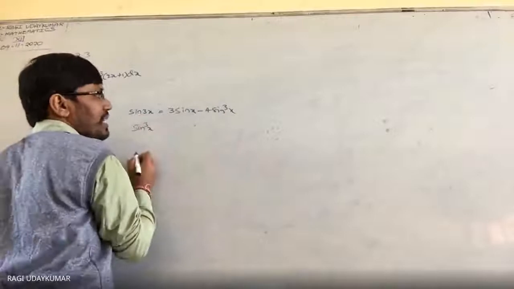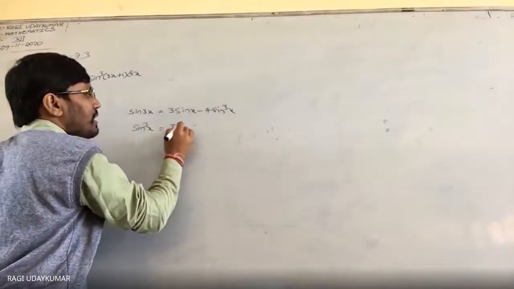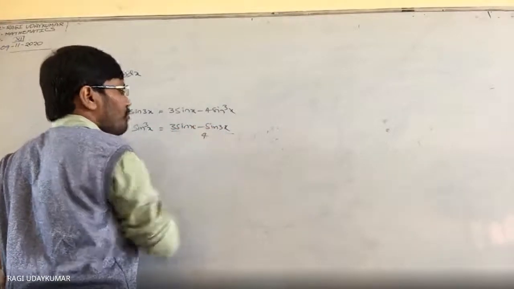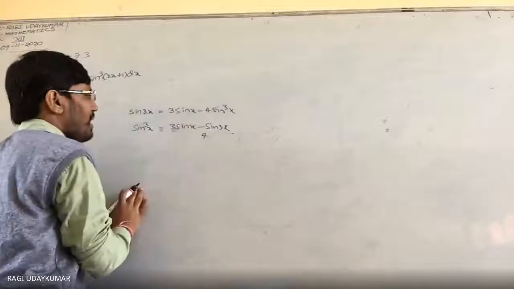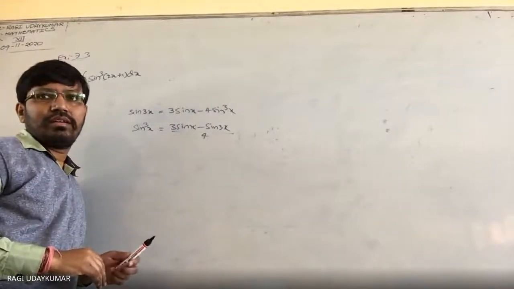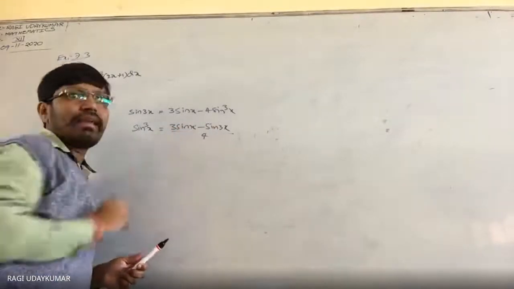sin cube x क्या आ जाएगा? ये इधर लेके आओ, उधर लेके आओ. So sin cube x is equal to 3 sin x minus sin 3x divided by 4. देखो ये एक सम फॉर्म में आ गया. क्यूब का इंटीग्रेशन डायरेक्टली वी आर नॉट हैविंग. So here you can write like this.